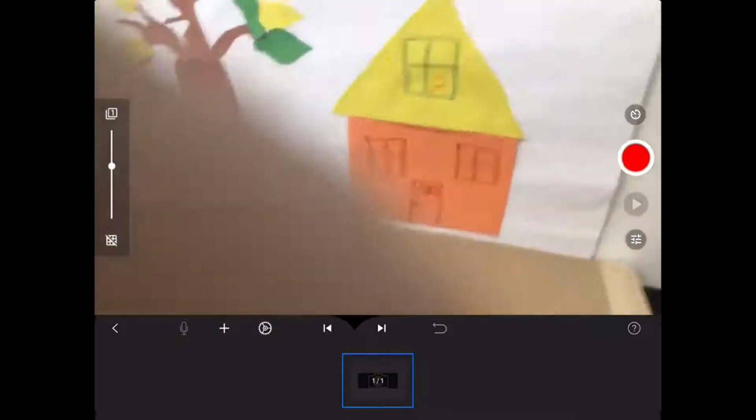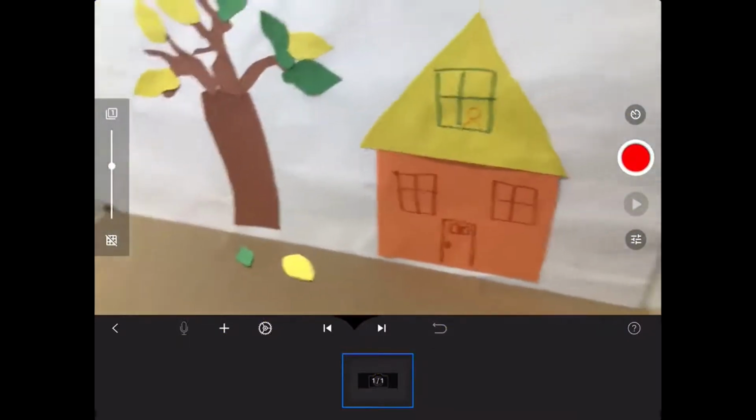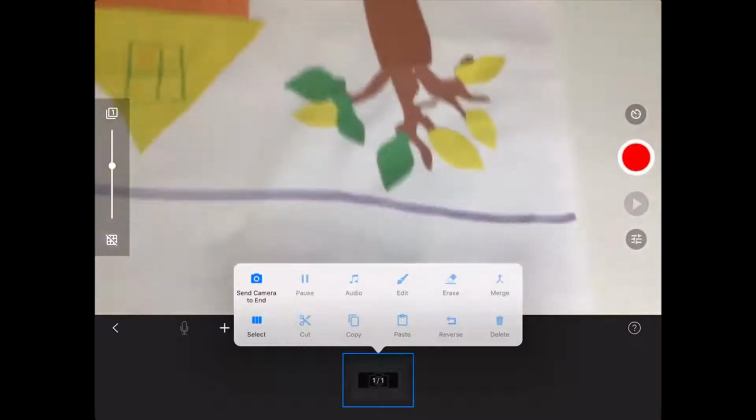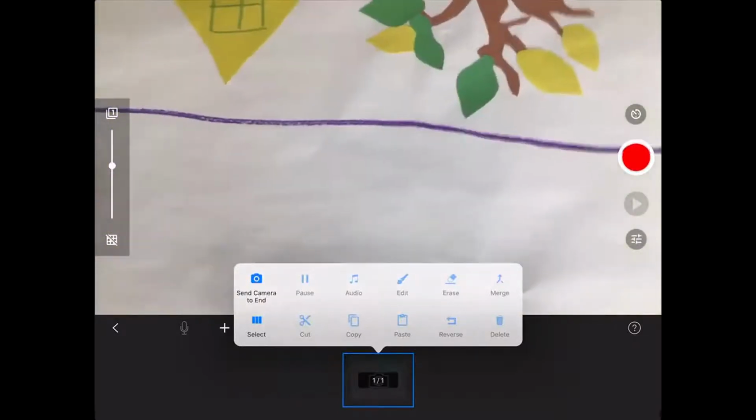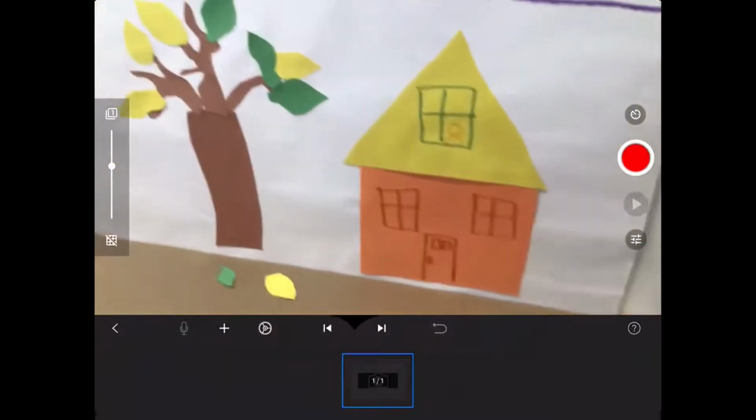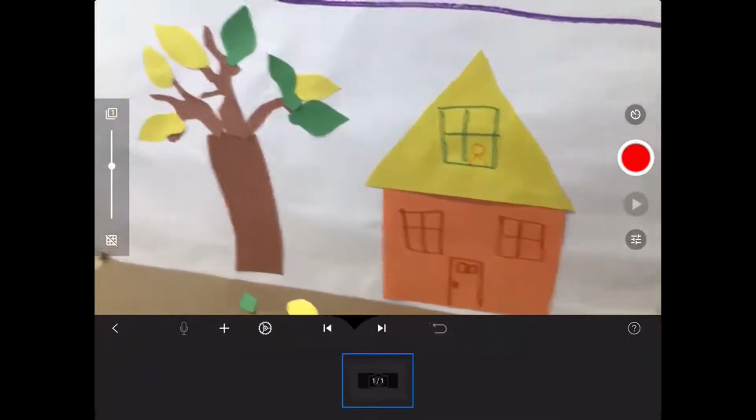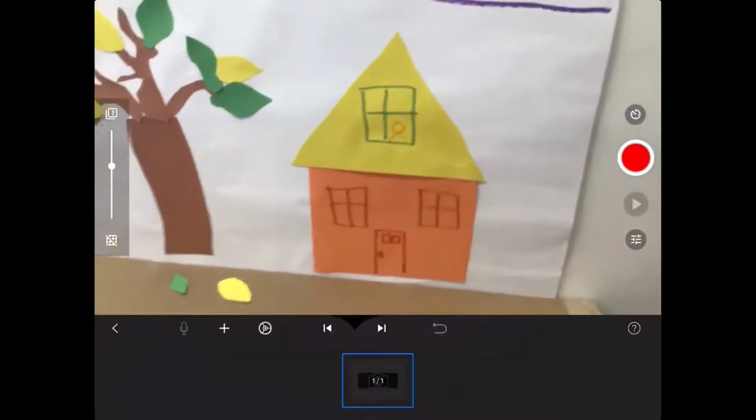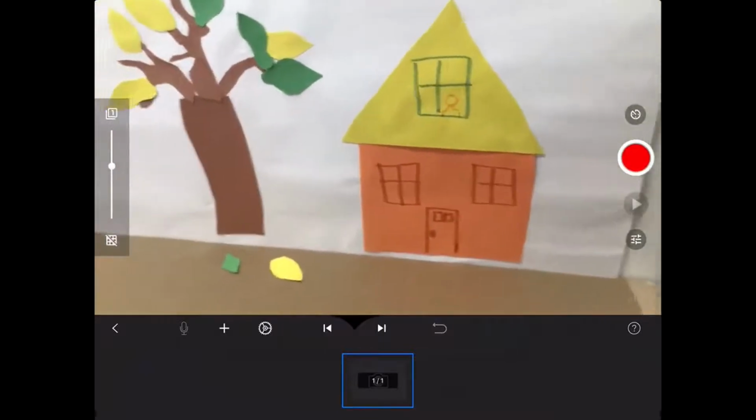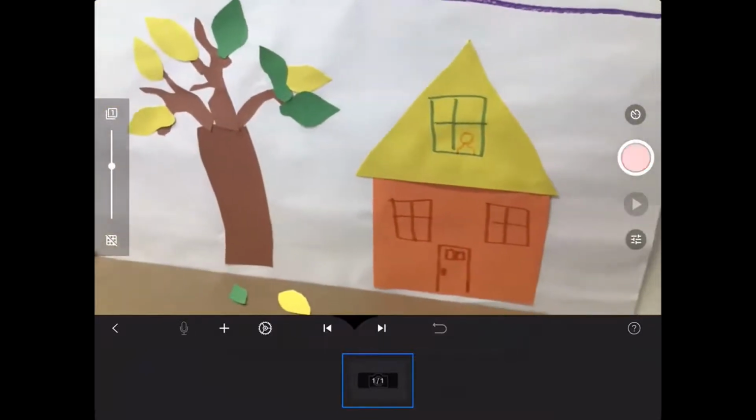So the biggest thing I need to make sure of is to turn it around so I'm not upside down. Well, we'll just hold it this side. The biggest thing is going to be the capture. That's the big red button on the right-hand side of the screen. So if I just touch that once,